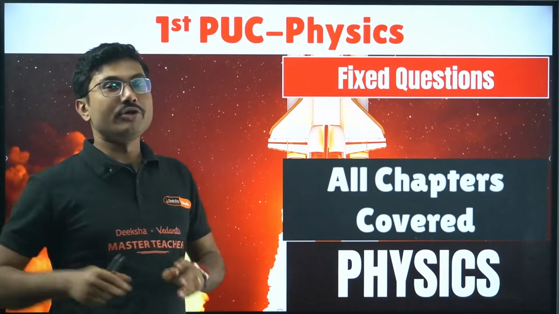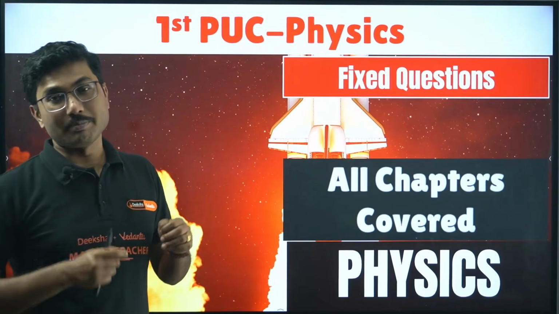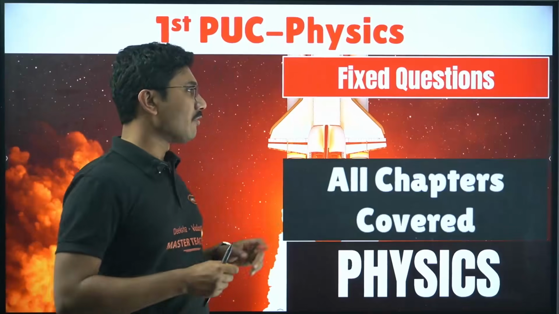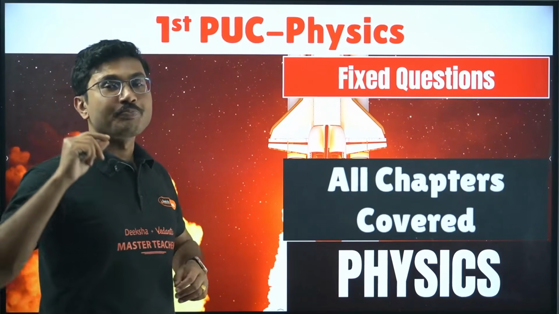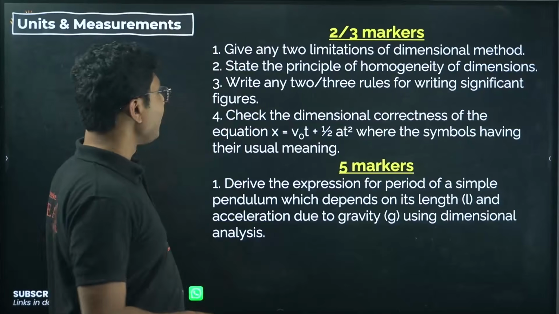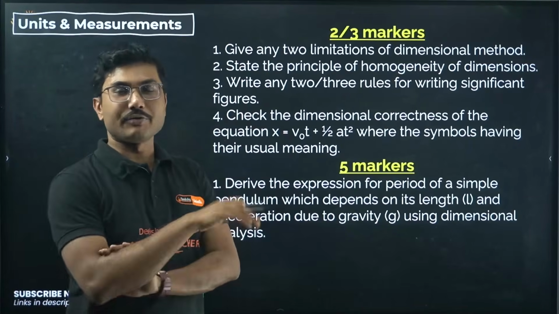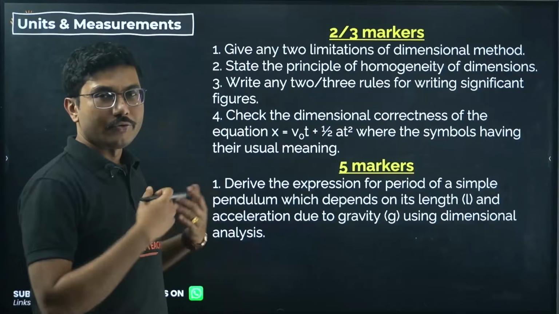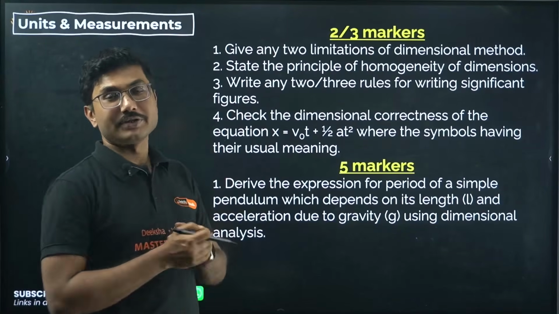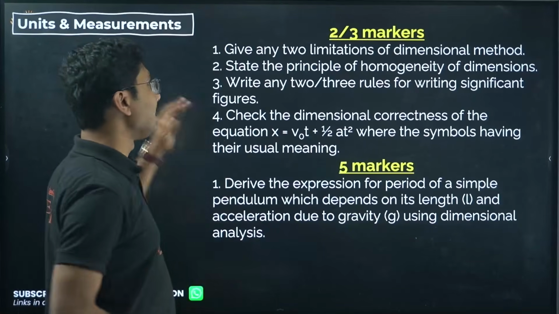So today I am just going to give you the question list of all the chapters, and if some questions are important, I will mark them here. And this will not be a very long video, so don't go anywhere. Also, suppose you are studying the chapter units and measurement, if you have completed all these questions, you can download the PDF and check them. These questions are completed from my end. So if you complete at least 10 chapters out of 14 chapters, then definitely you are very good to go for 70 out of 70. Now let me start.